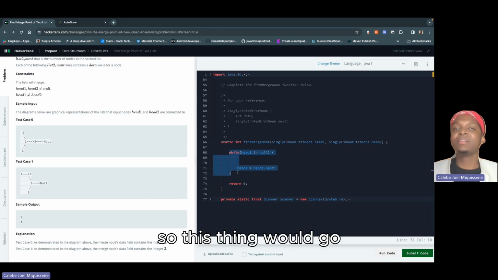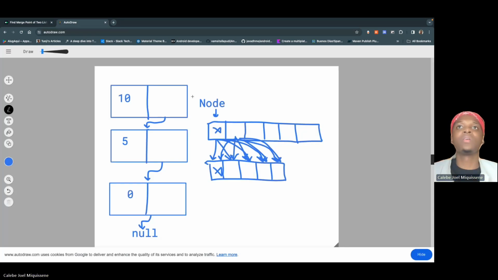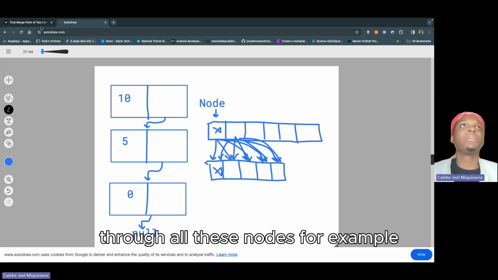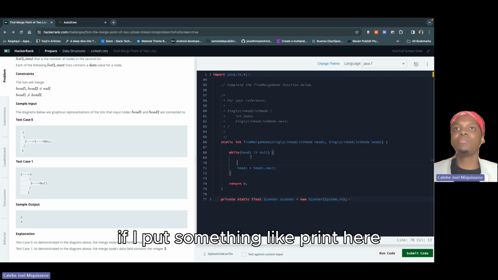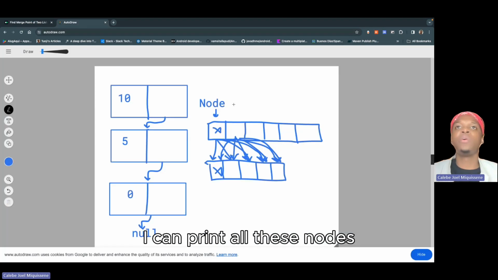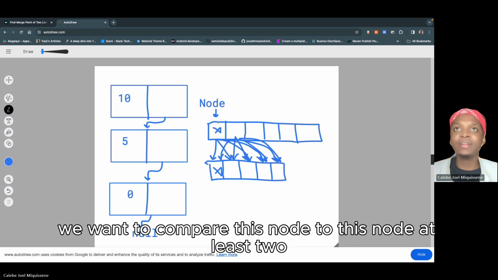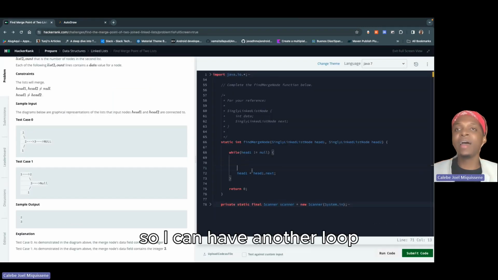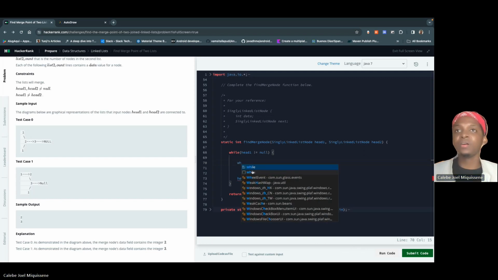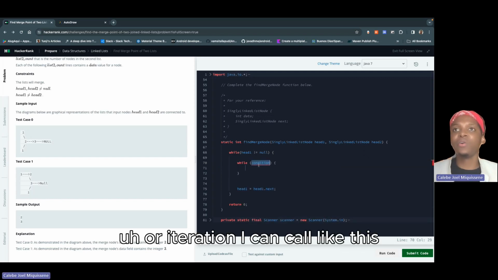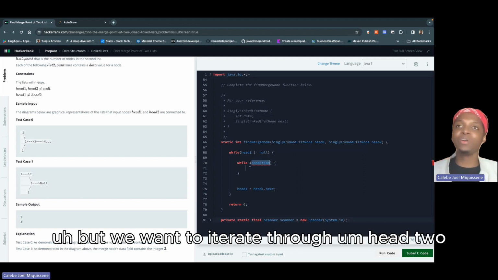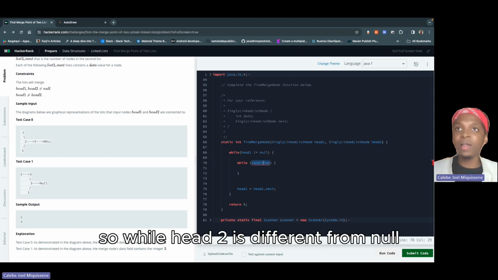So this thing would go through all these nodes. For example, if I put something like print here, I can print all these nodes, but now we don't want to print. We want to compare this node to this node of list 2. So I can have another loop or iteration, I can call like this, I don't know, but we want to iterate through head 2. So while head 2 is different from null,